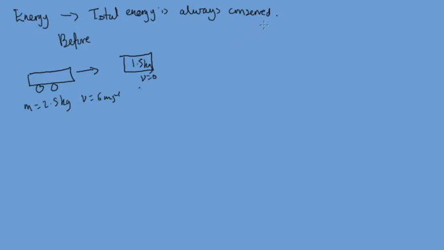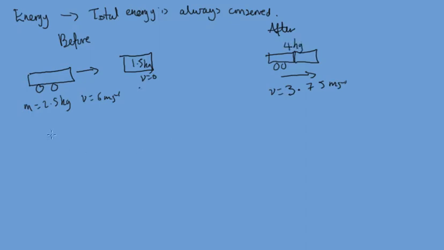Immediately after the collision, the objects now move off together. They might be stuck together. They move off with a velocity of 3.75 meters per second. We know that the combined mass of them will be 4